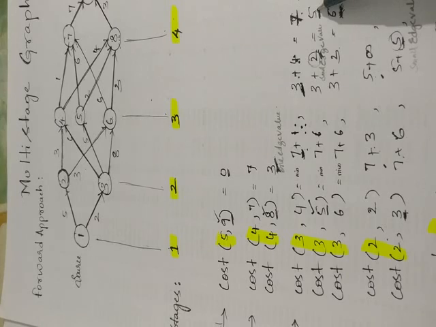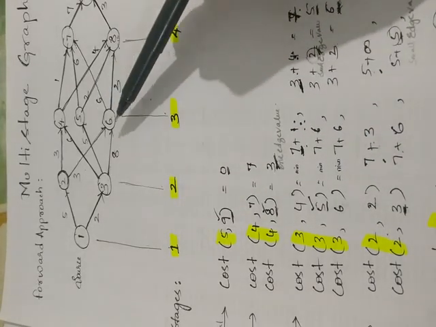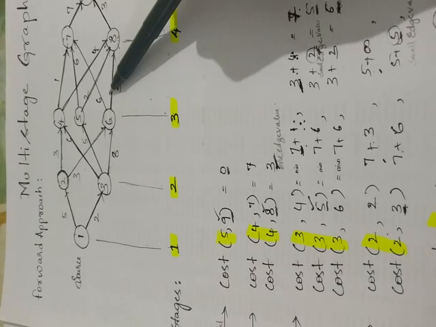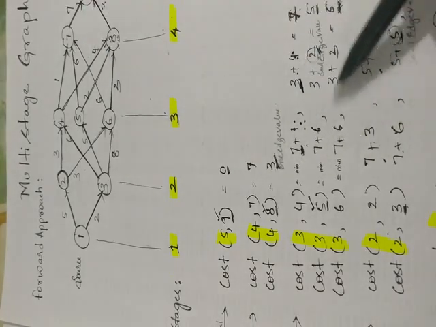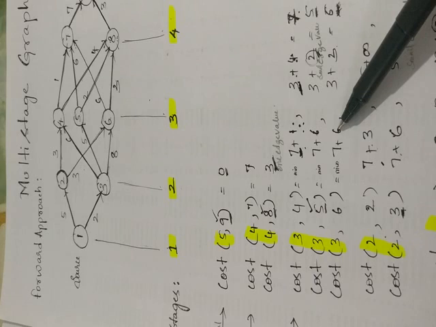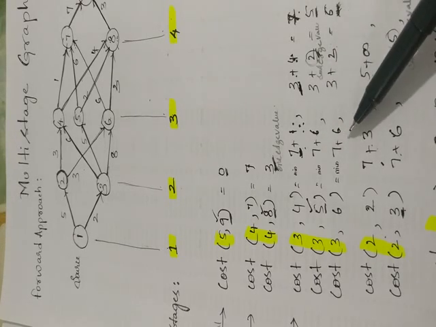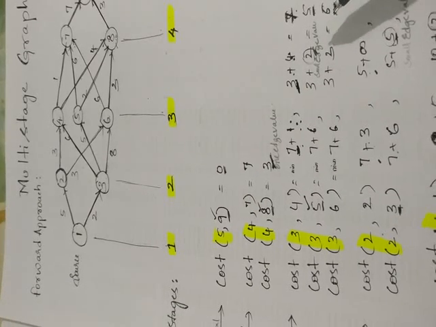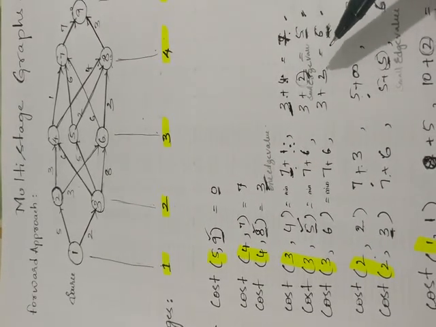Next, from vertex 6, there are two edges, 6 and 3. So the other two are already known, 7 and 3. So I'll add 6 for one and 3 for the other. So I'll be getting 13 here and 6 here. I've done a slight modification here in the graph that was posted to you earlier. Okay, so I've got 6 here.